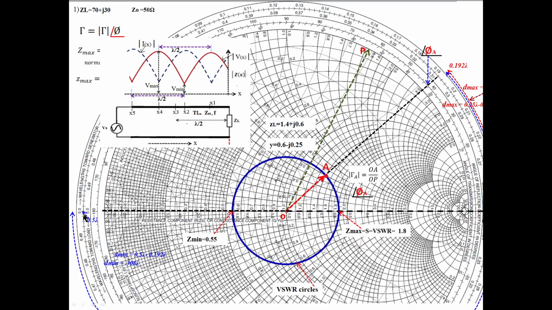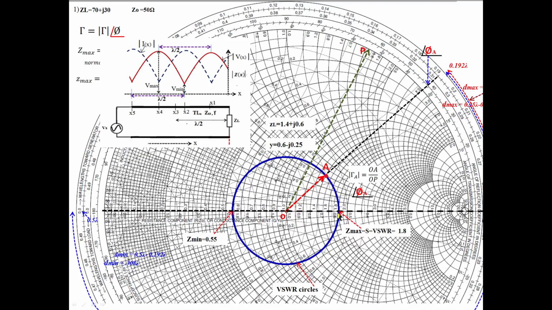also. So 0.5 lambda minus 0.192 lambda. See, we started from the load, and the distance starting from the load up to this. What is that distance? Read the wavelength scale value here and the wavelength scale value here, 0.5 lambda. 0.5 lambda minus this value, whatever is here, that gives the distance of the minima. As we move like this, it is observed here, that is the D minimum, 0.308 lambda for this particular example.